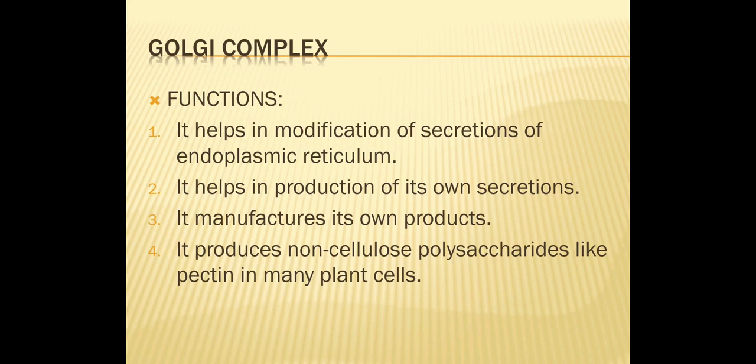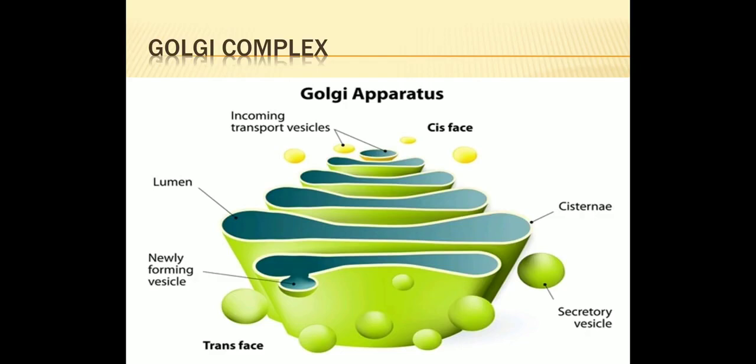Now, talking about the details, I told you that refining of product takes place in an orderly manner. For example, glycolipids and glycoproteins that are brought from the endoplasmic reticulum now lose certain sugars and then regain others. Thus they form a new variety of product. So here refining of product takes place in this way.